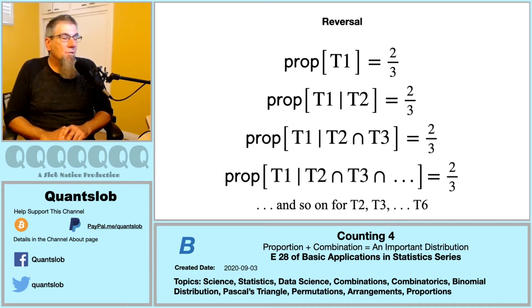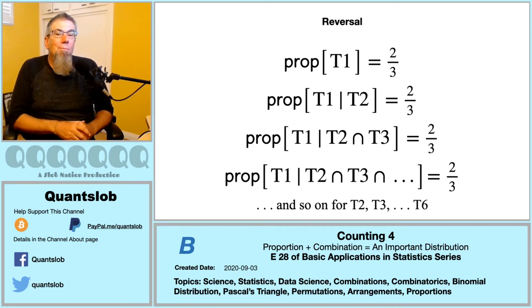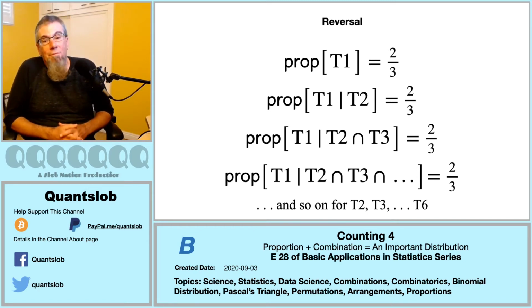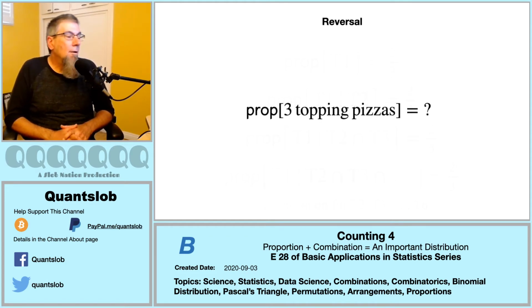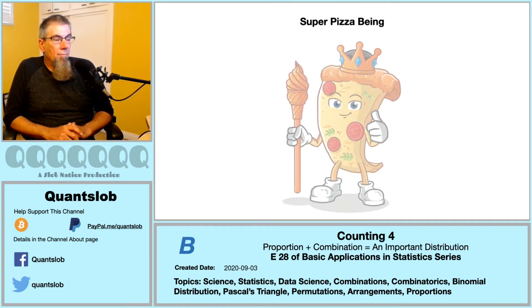2/3. That is, if we consider only pizzas with a pre-specified subset of toppings, the proportion of those containing one of the other toppings is always going to be 2/3. Now, suppose someone were to ask what proportion of this new collection of pizzas has, for example, exactly 3 toppings. And you may think that this is just insane. I mean, no human being, or even some sort of super pizza being, could ever solve a problem like